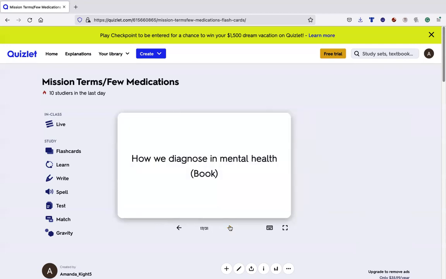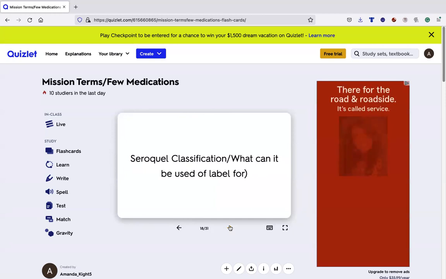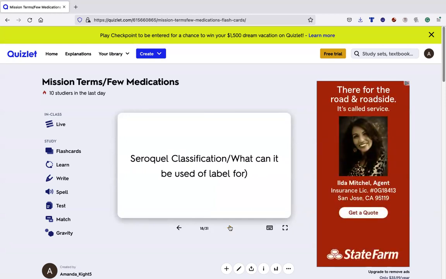How do we diagnose in mental health? Everybody got this right on the money, and that is a DSM-5. We must have it, and you must fit the criteria to get the actual diagnosis. If you see a DSM-5 when you guys are in my clinical or just in general, please pick it up and take a look at it. I'll try to remember at some point. I have, I think, the older version though here at my house.